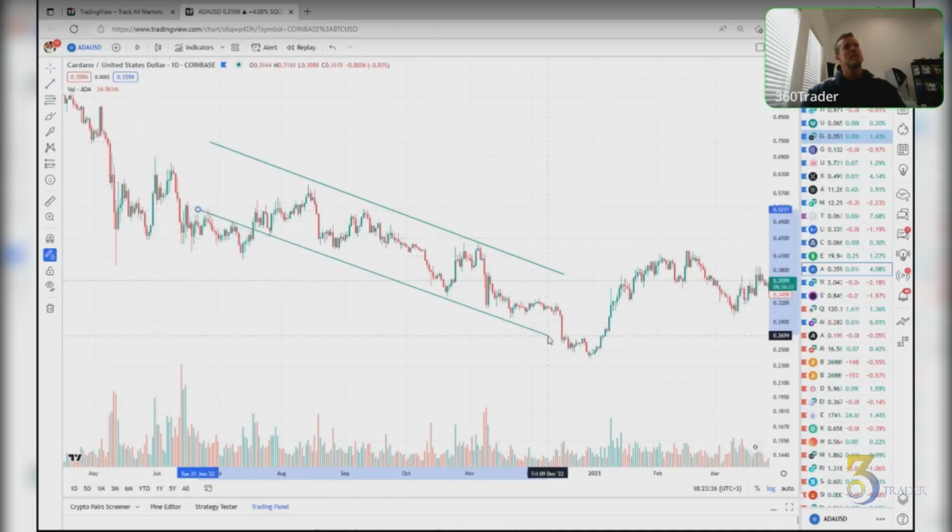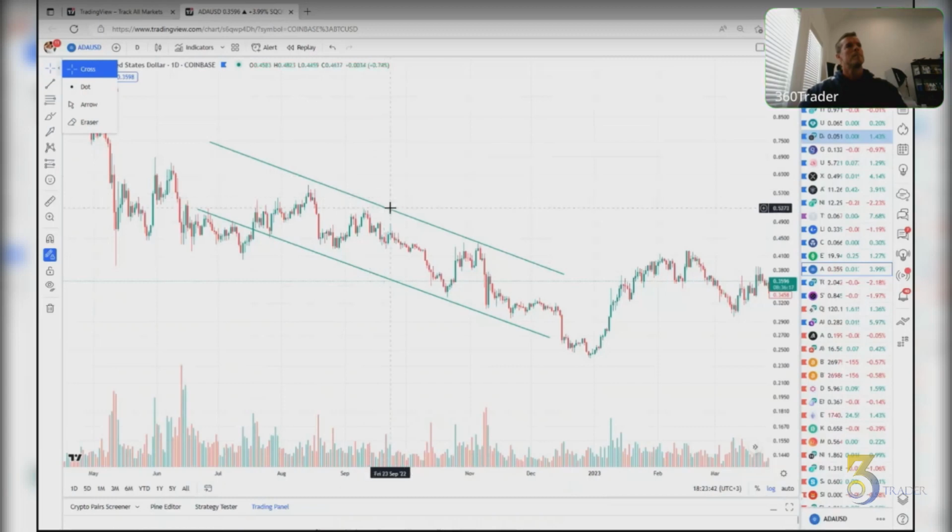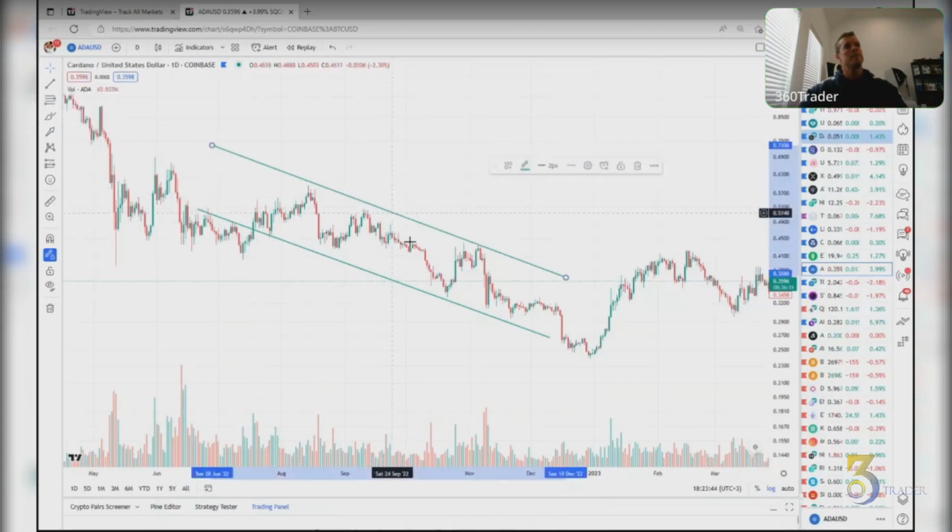All right, we're just using this as an example. So there I've drawn my own channel. And I'm being loose, so I'm not trying to be precise. Some of y'all are sitting there going, why isn't that line touching a candle or a wick? Well, I'm just demoing this. Y'all remember, these are areas, don't get so bent out of shape. Okay, so that's an example of just drawing it with your trend lines.